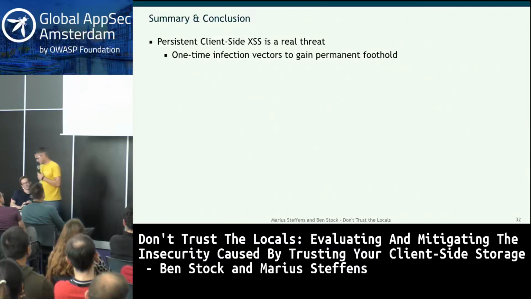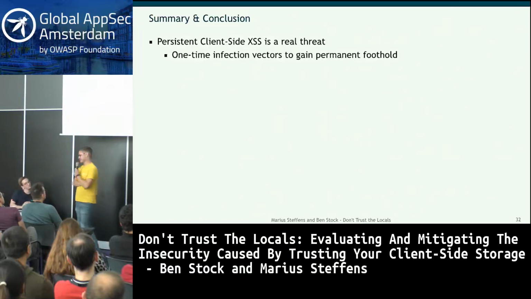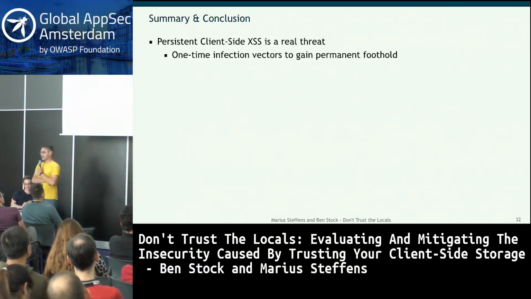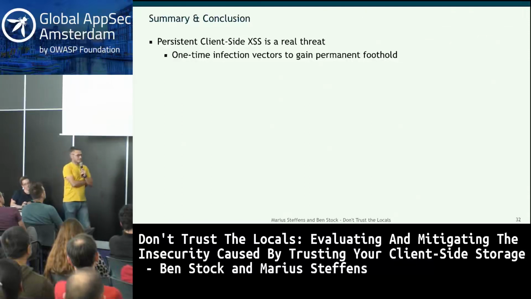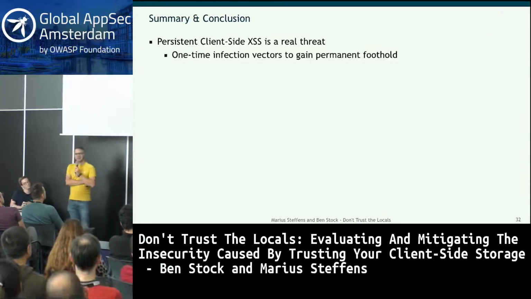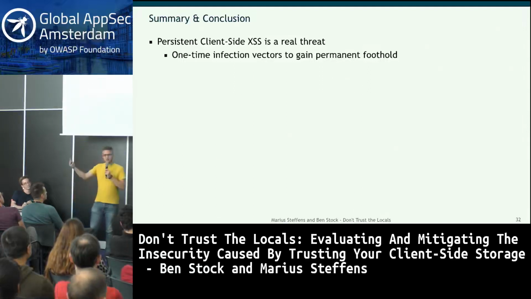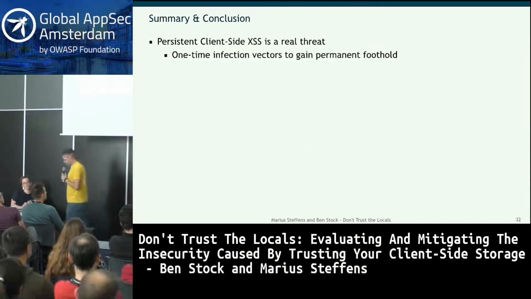All right. Okay, so let me give you a bit of a conclusion here, and then share some somewhat exciting news that you already spoiled a little bit, but it's fine. So persistent XSS, I hope we have first shown you that you should not just say there's DOM XSS. Okay, there is reflected and persistent client-side cross-site scripting, and as Marius showed you with the demo that we had, if you have a one-time infection, be it by a network attacker or by a web attacker, your application might be screwed for a very long time. And importantly, you as the developer of the site, you won't even know, right? Because it's not your database on your machine. It's on your client's or on your user's machine.